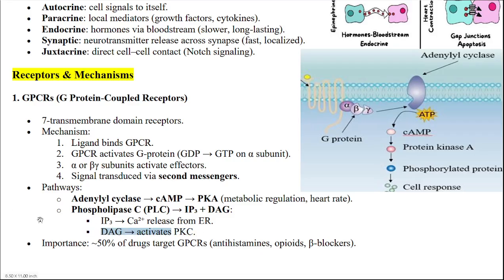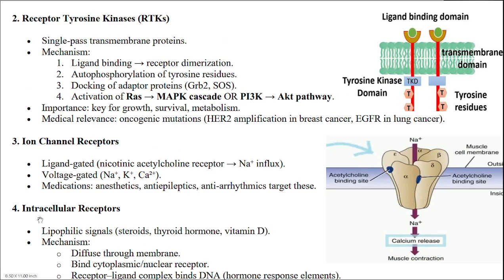The next big group, especially important for growth, survival, and metabolism, are the RTKs, or receptor tyrosine kinases. How are they different from GPCRs? Structurally, they're usually single-pass transmembrane proteins, just one stretch crossing the membrane. And their activation mechanism is totally different. It relies on dimerization. Dimerization, meaning they pair up. Exactly. Usually these receptors exist as inactive monomers. When the specific signaling molecule, often a growth factor like epidermal growth factor, EGF, or insulin, binds, it causes two